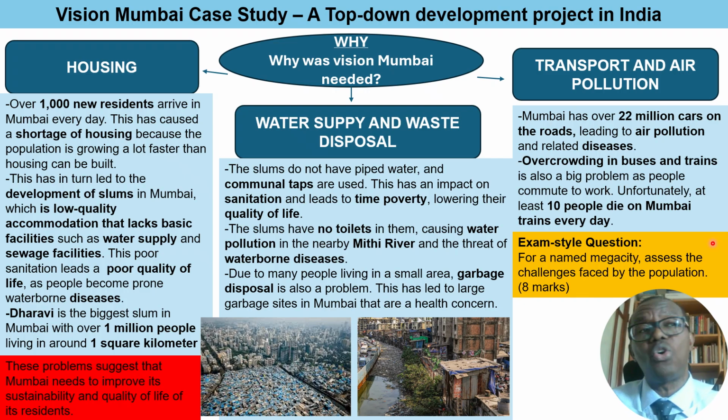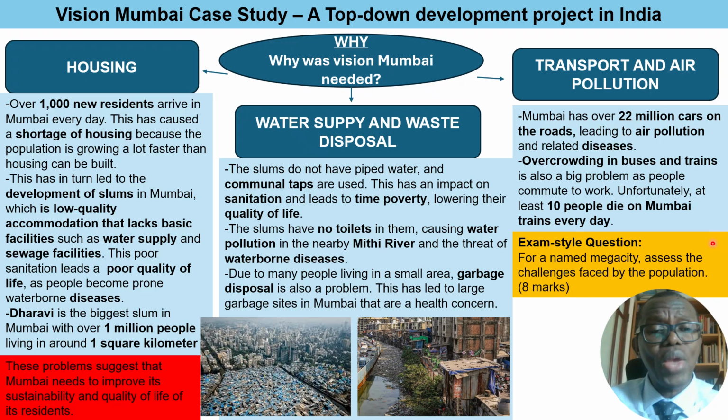Now, if we put that into context, where London, for example, is concerned, London has a population of 8.9 million people. So if 8 million people are using the trains every day in Mumbai, then that's quite a large number of people. And then unfortunately, the safety on the trains has not been great in the past. So 10 people die on the trains every single day, which is really, really sad. So that is a problem that needs to be addressed.